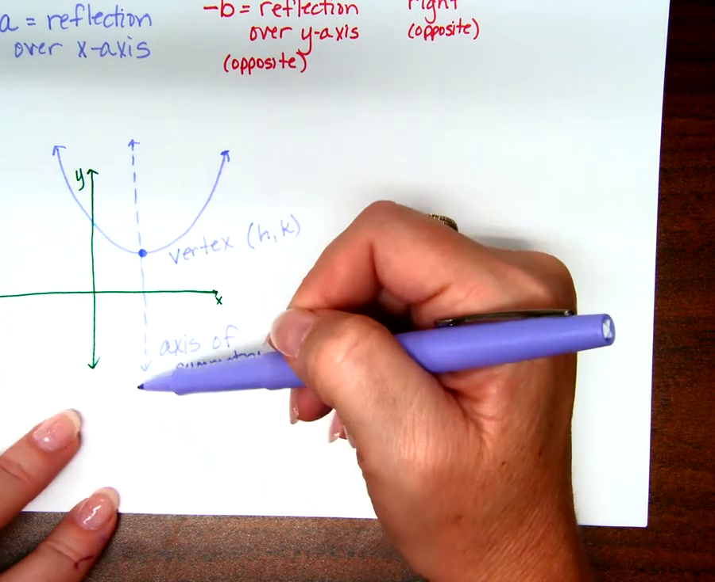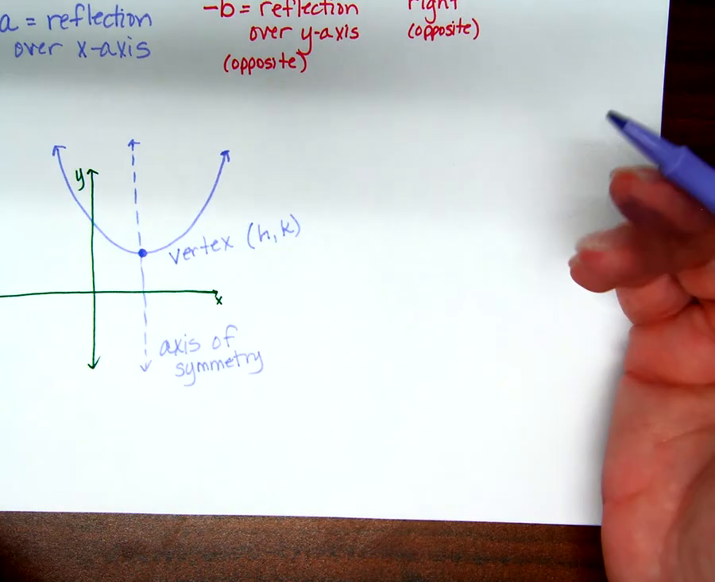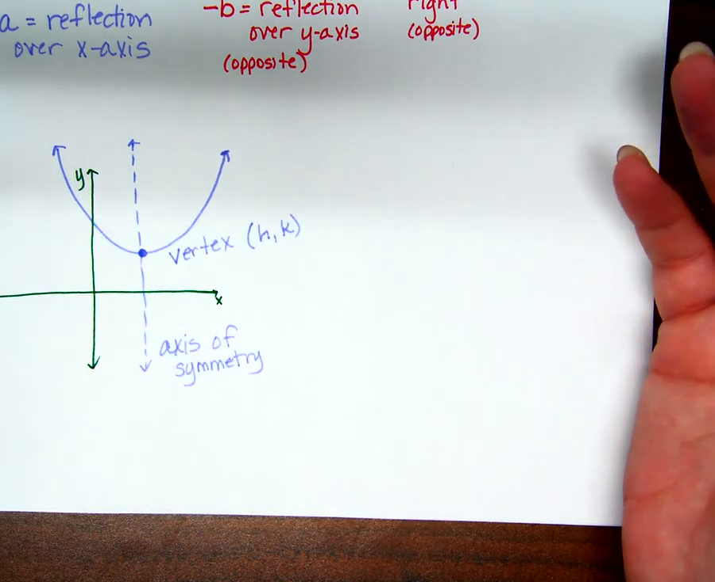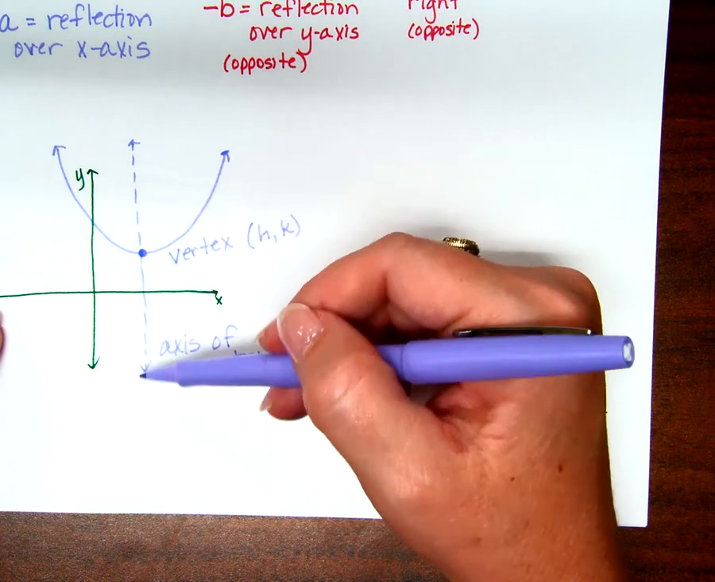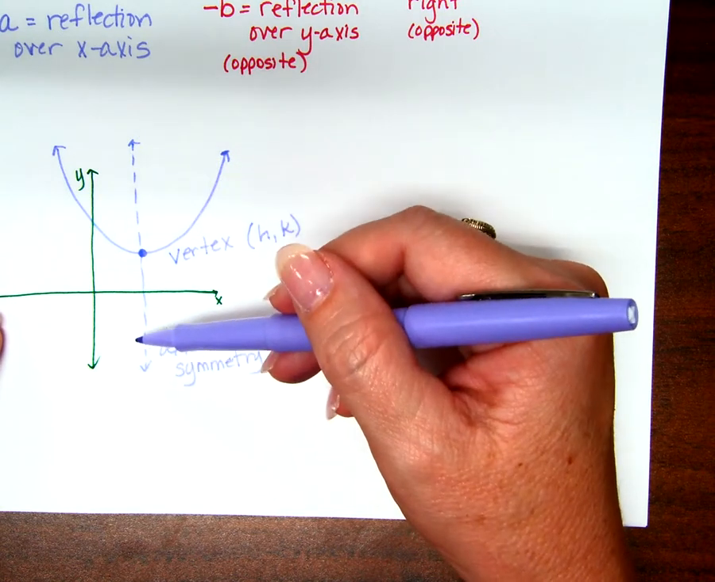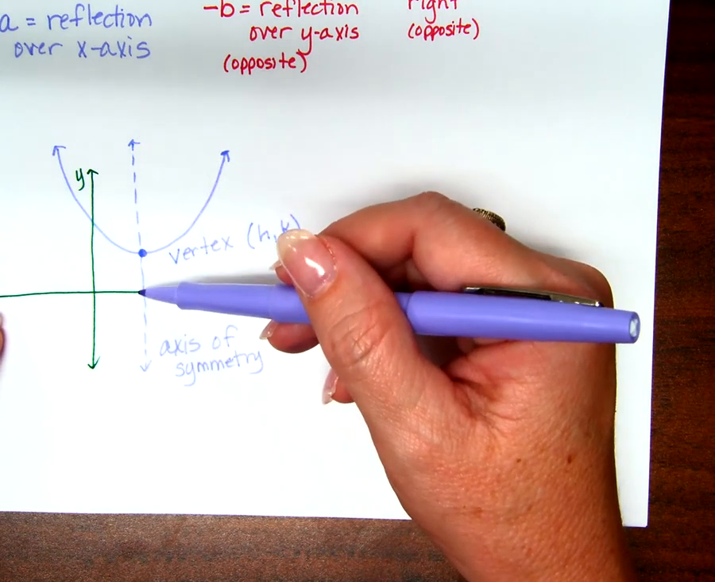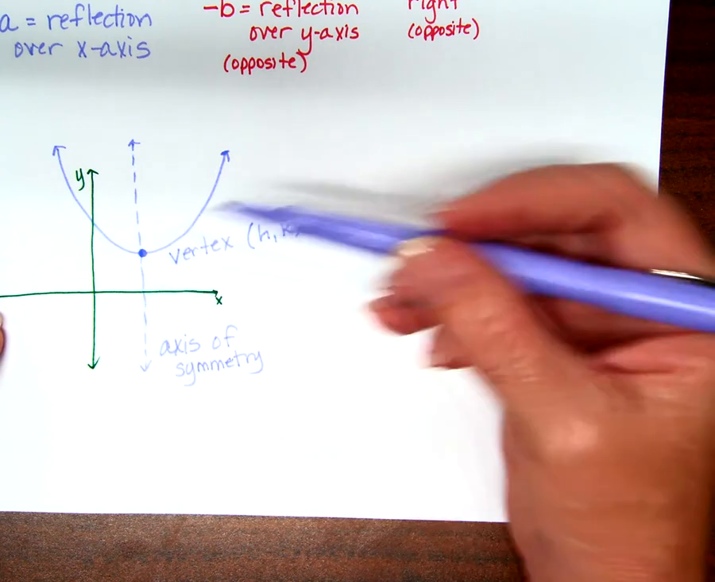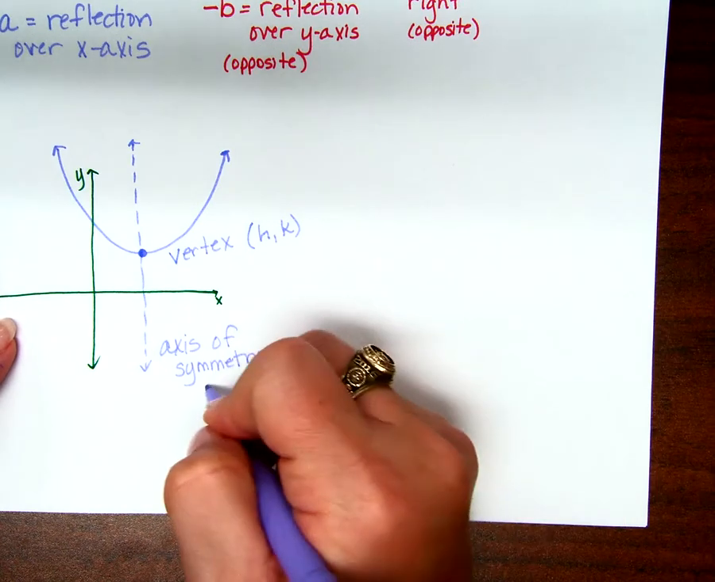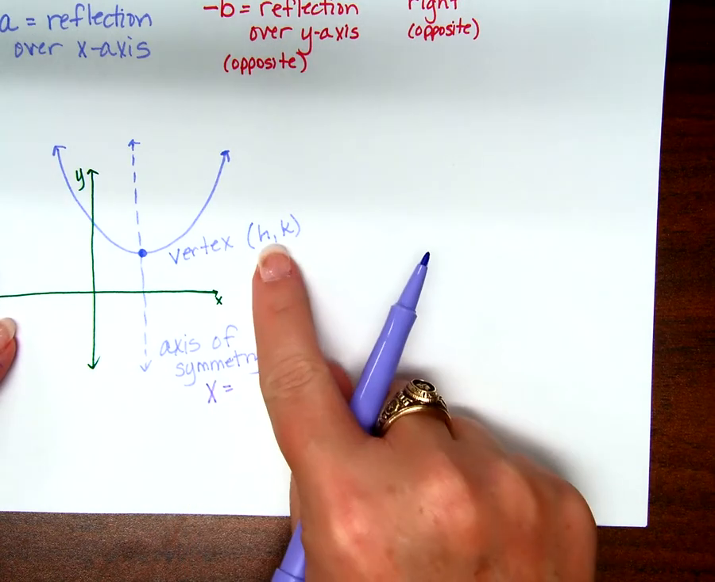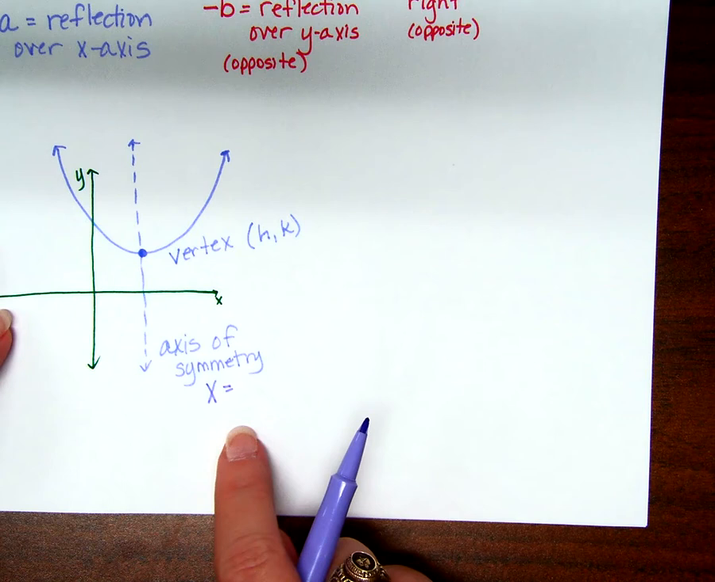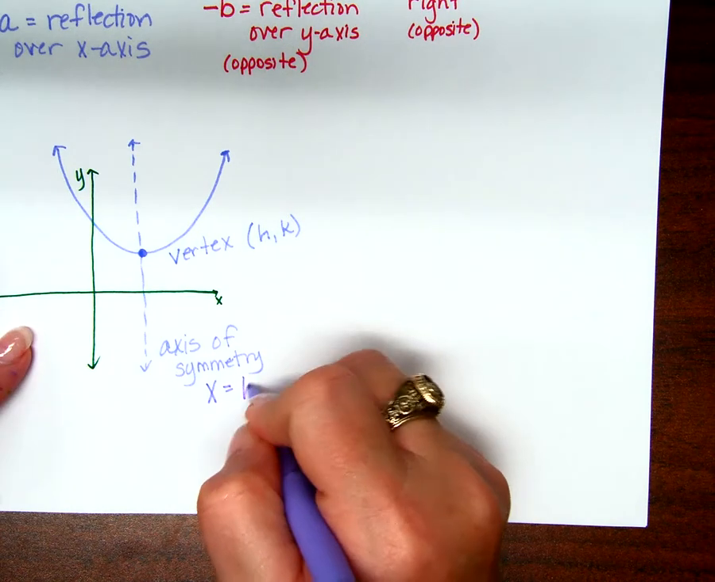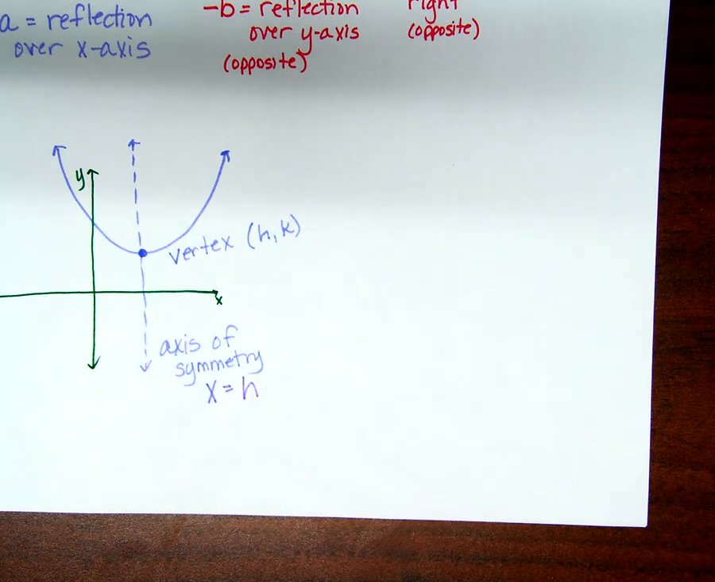It's a line, right? So, how do I name it? How do we name any vertical line? I say what axis it crosses and where, right? Well, what axis is a vertical line going to cross? The x-axis. And in this case, if I called the vertex (h, k), where is it crossing? x equals h. So if I ask for the equation of the axis of symmetry or the equation of the